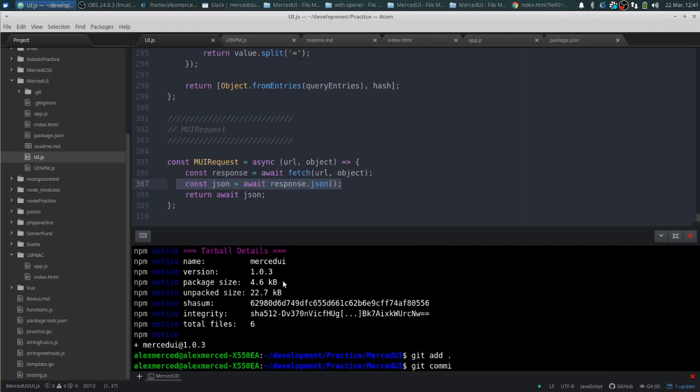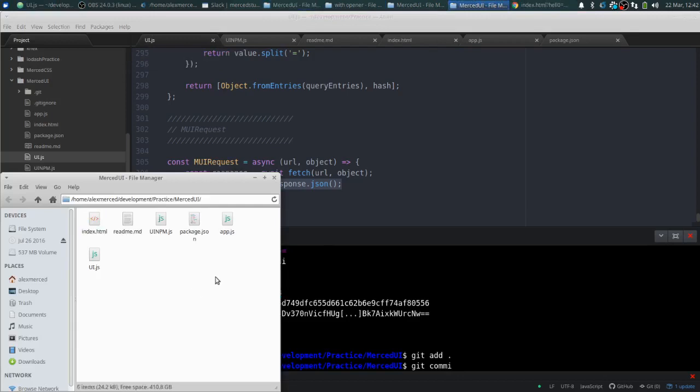But like last time I submitted it, the package was 4.6 kilobytes. It's starting to get a little bit bigger. Let's just go take a look at the inside here. File, see how big this file is getting at this point. It's still only 7.4 kilobytes. Not bad. Okay, 7.4 kilobytes. The 22 kilobytes is really for all these other files. But literally, if you use a CDN, you're just loading in this file. At 7.4 kilobytes, you get all these features that'll make it really easy to do your UI, and it's not